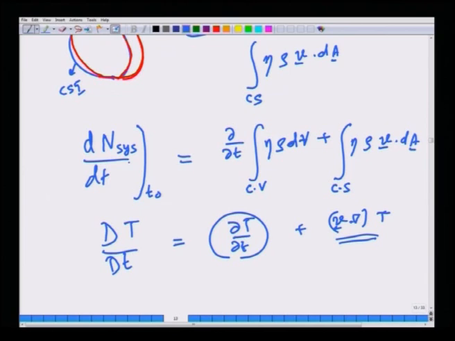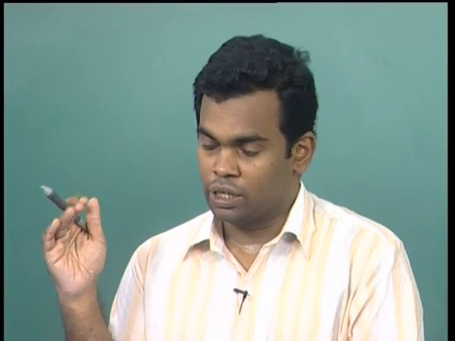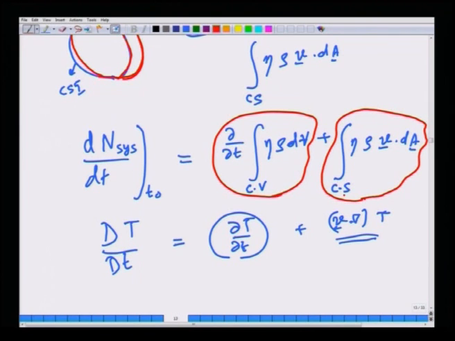Likewise, if you take a finite volume, a CV, then you ask the question, what is the rate of change of mass, momentum or energy of the fluid material that is present in the CV. As you follow the material, there will be two contributions. One is the local rate of change present in the CV itself due to various reasons, and the other is because the fluid is flowing in or out, a net flux of fluid in or out depending on the problem, and this will lead to either an efflux of energy, momentum or mass, or an influx of energy, momentum or mass.